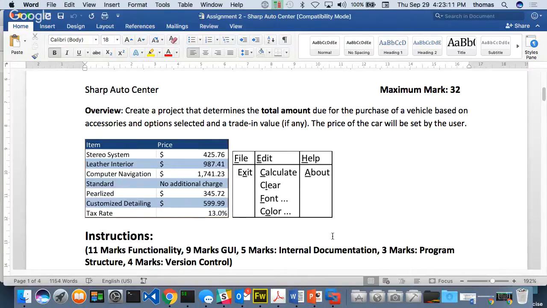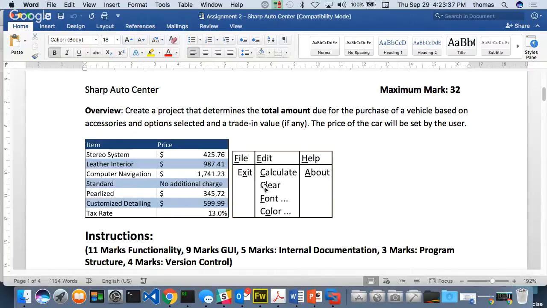There's also going to be a menu component, right? We talked about other components, but there's going to be a menu that you're going to be required to do to practice menus. Why? Because on the exam, there's going to be checkboxes, probably some kind of radio buttons, some kind of input boxes, some kind of labels, some kind of menus. All the stuff that I'm getting you to do with your assignments is going to be on the exam, right? So if you haven't practiced these things, and that's what these assignments are for, you have a couple weeks to practice, and then you can do it on your own.